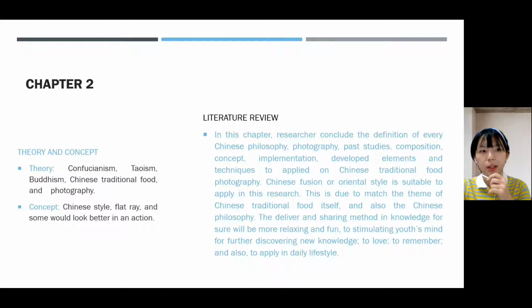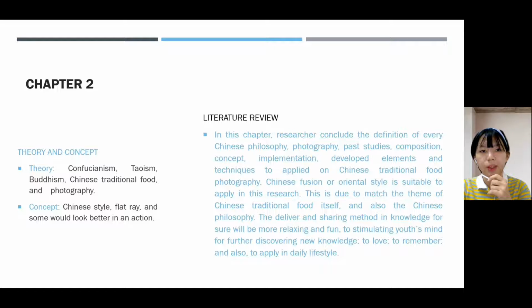In Chapter 2, the theory was all about Confucianism, Taoism, Buddhism, Chinese traditional food, and photography. The Confucianism, Taoism, and Buddhism were part of the Chinese philosophy. However, the Chinese traditional food and photography were the main action that I will do in this research. For the concept, like Chinese style, factory techniques, and some will look better in an action, will result in the